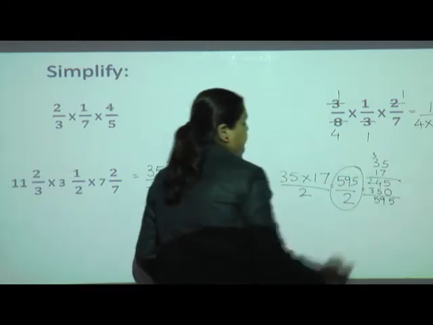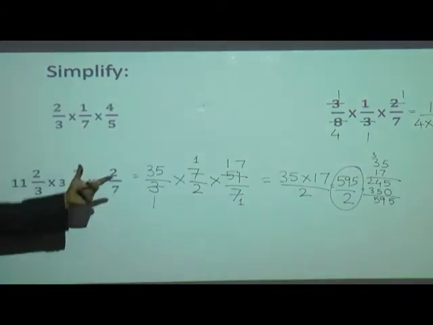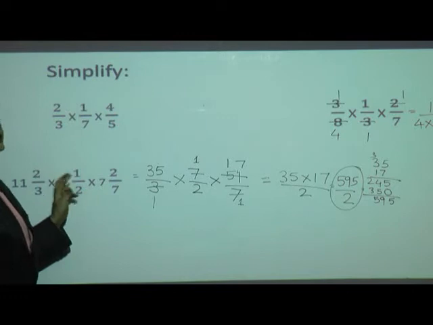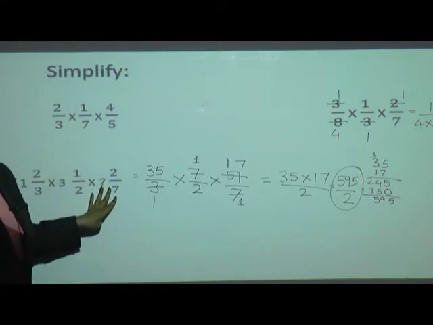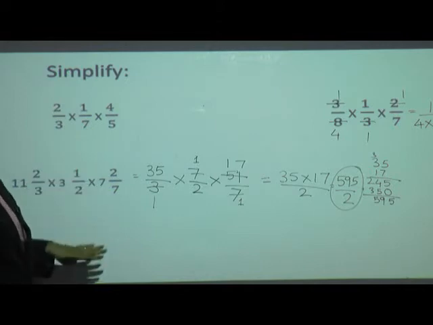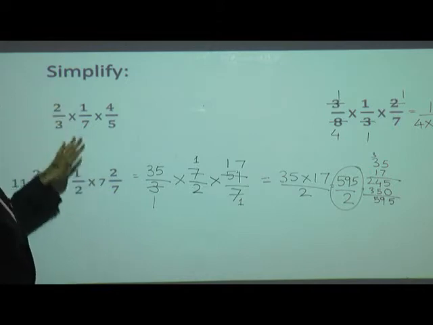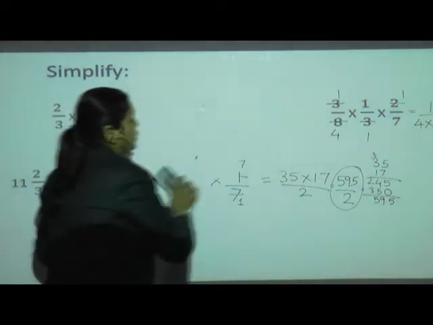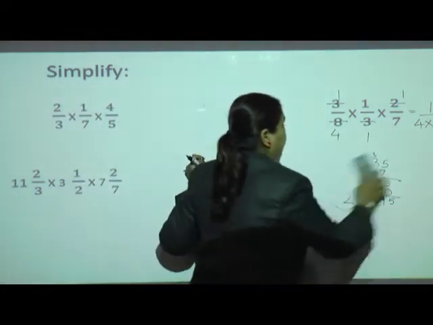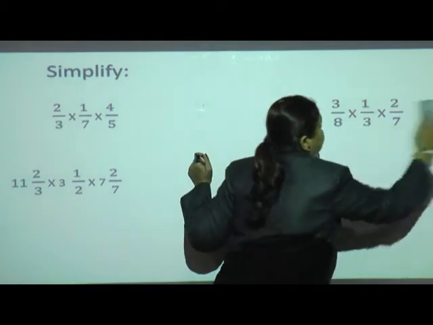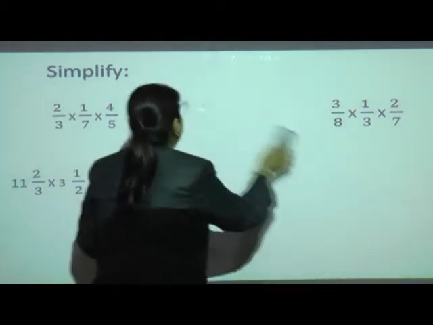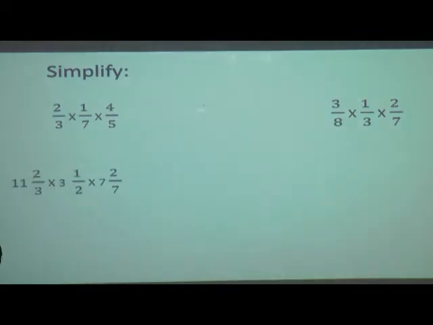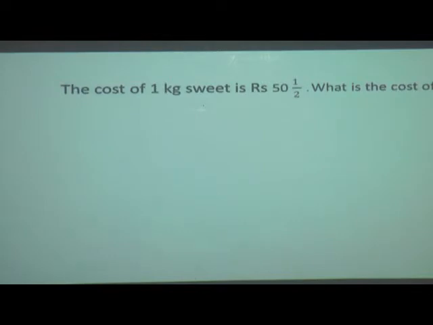This is our answer. When we had mixed fractions and multiplied them, we reduced to the lowest form. That is what we did; we just simplified the given fraction. In this way we solved it. You can take your own fractions, whole fractions, simple fractions, improper fractions, whatever fraction you want, and try similar examples to simplify fractions by multiplication. One more example we will see, which is a word problem.